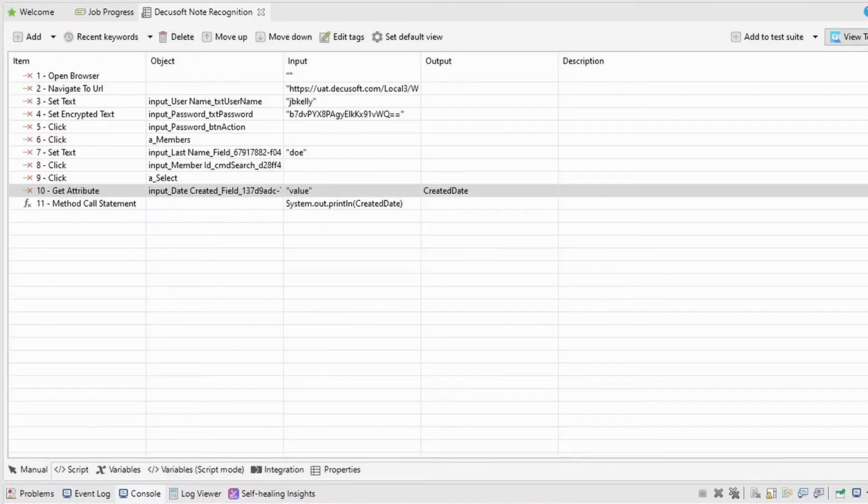Hey everybody, I wanted to show you how to use the getAttribute function. What you want to do is get your xpath, whatever object you're looking at, you're going to get your xpath. Now, if you want the value from that object, you're going to have to pull up the inspect of the